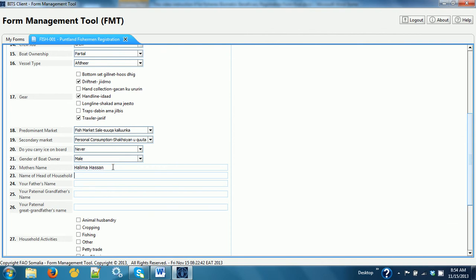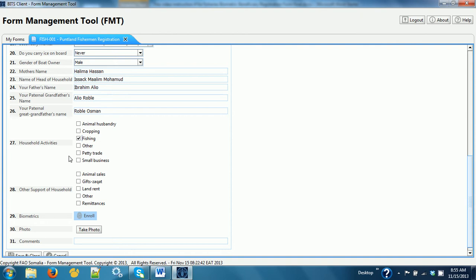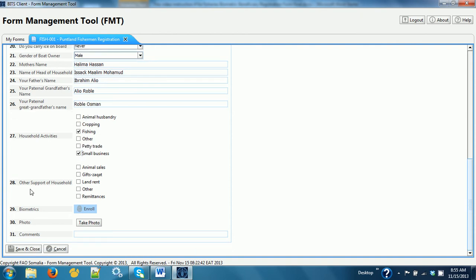Halima Hassan, name of the head of household, Mahmoud, your father's name, your paternal grandfather's name, your paternal great-grandfather's name, Osman, household activity, fishing and small business, other support of the household,